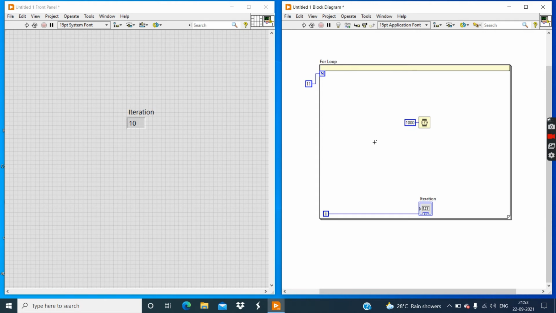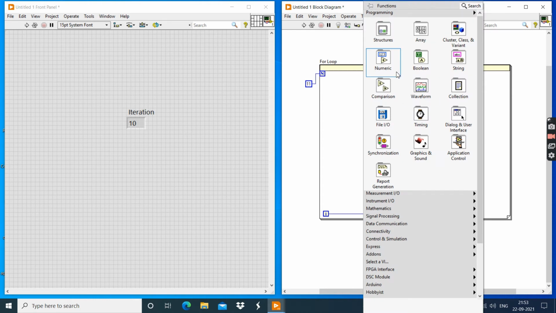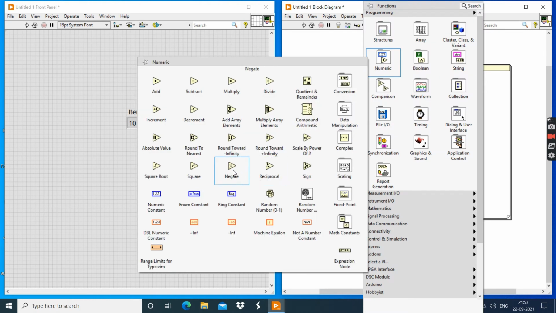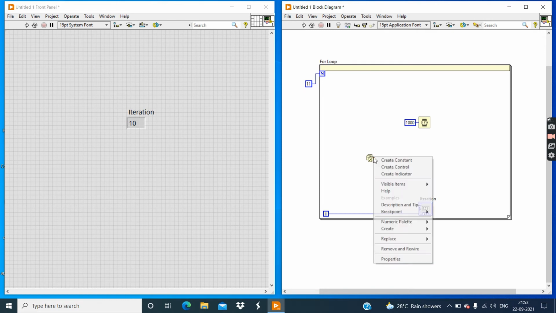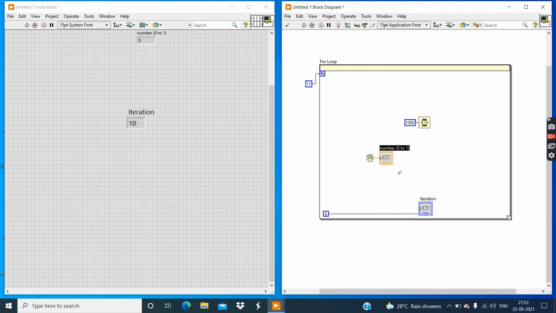Now guys, I am going to write code for generating a random number. So right click on this block diagram window, go to the numeric palette, select this random number and place it here. Now create an indicator to this random number and change the position.